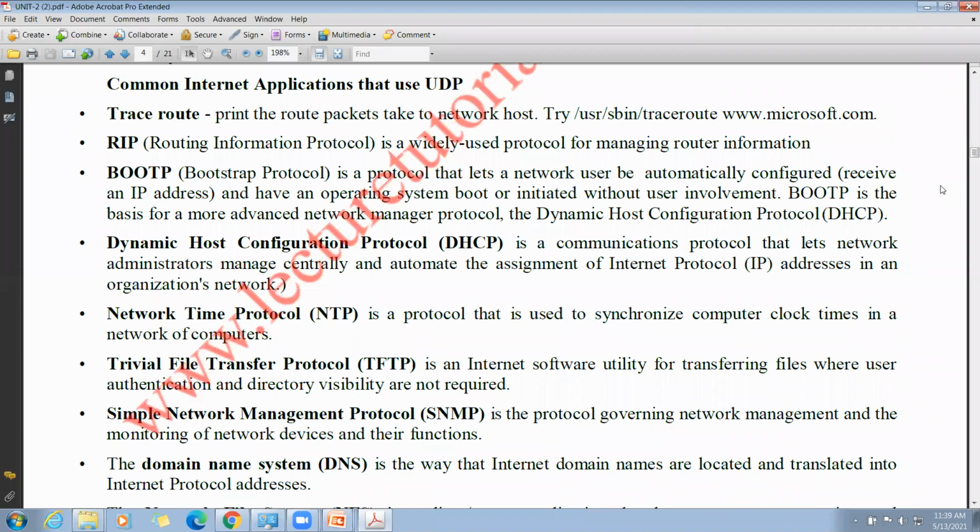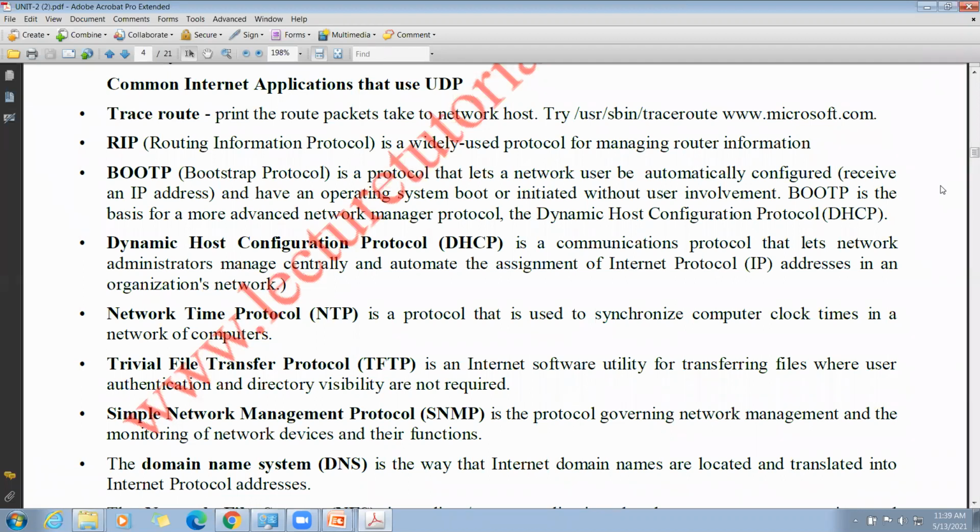The Traceroute application prints the route packets take to a network host. So tracing the route is nothing but tracking the route.